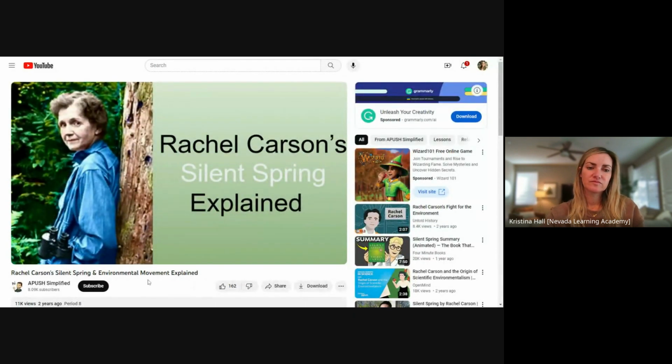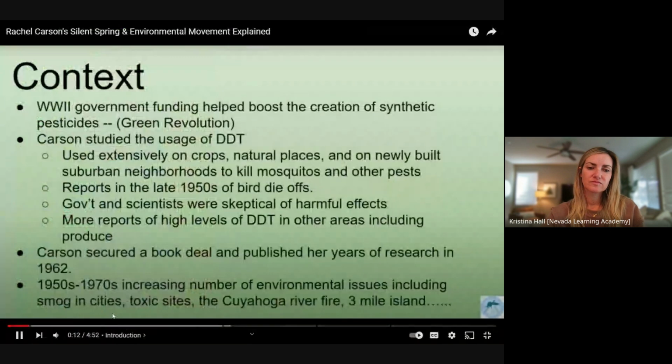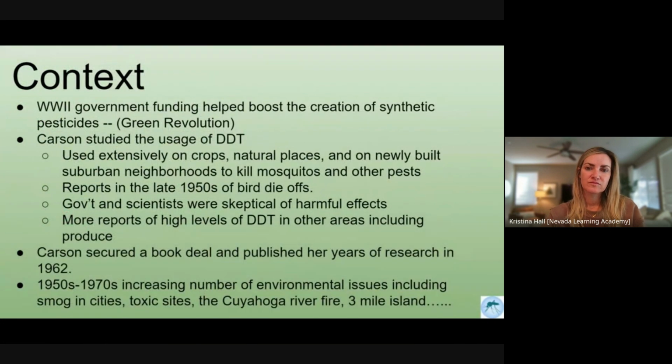Analyzing the main points of Carson's work, let's take a look at the context. During World War II, the government was spending a significant amount of money on a variety of scientific endeavors to help the war effort. Many of the wartime developments would go on to have commercial success after the war. Synthetic pesticides were one of those developments that also helped usher in the Green Revolution, which is not to be